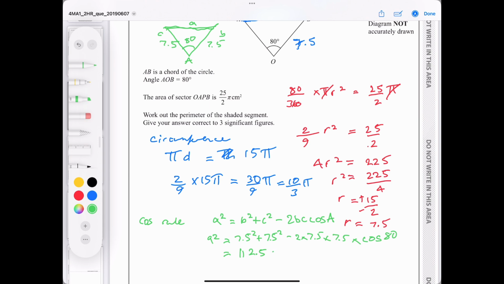Minus, this is a squared, 2 times 7.5 times 7.5 times cos 80, which equals 19.535. Let's just do taking that away from 112.5. So we've got a squared equals